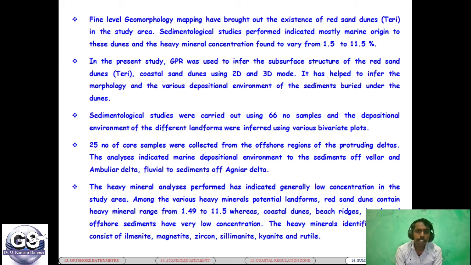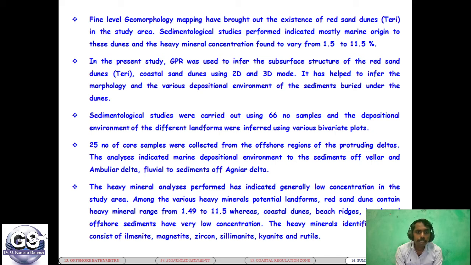From that, we noticed the morphology of the sedimentary layers, along with various depositional environments of sediments under these dunes. In addition, the analysis of 66 samples from different modes, onshore and offshore, have noted that